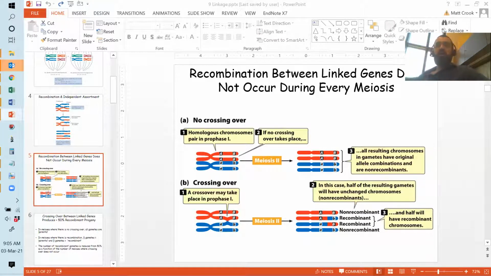Essentially, what that's saying is that two genes are close enough physically on a chromosome that the probability